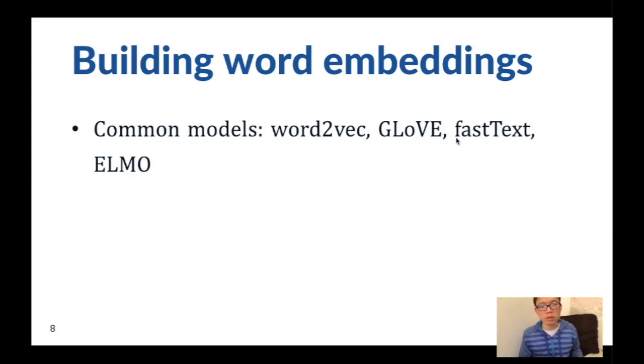FastText has a subword model. Usually, most people talk about the FastText that has a subword model. In other words, it will look at units smaller than the whole word, so you can have a meaning of just a part of a word. And ELMo is looking at word embeddings in context. You get a word vector for the word bank when you're in a financial situation, and the word vector for the word bank when you're talking about rivers and things like that. These are different. It's going to give you a different vector for the word bank.